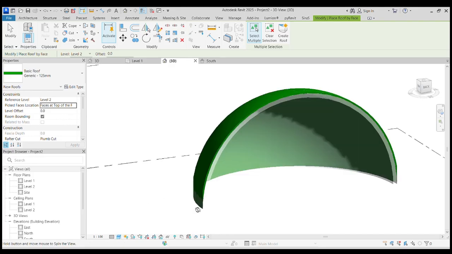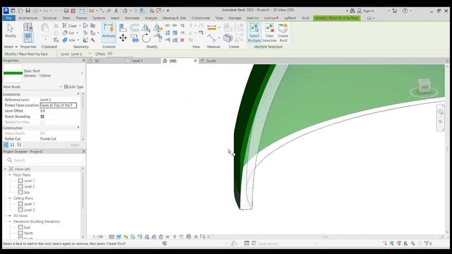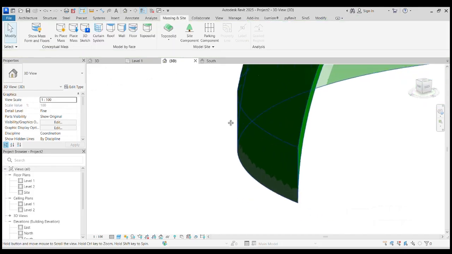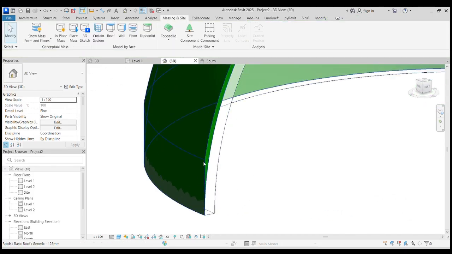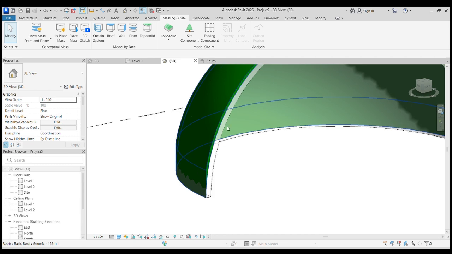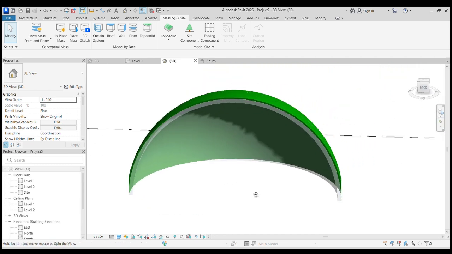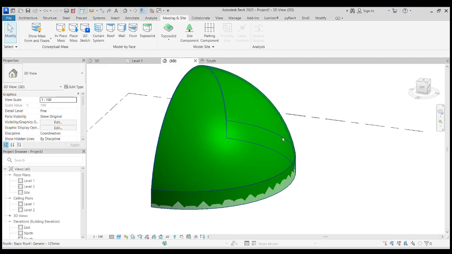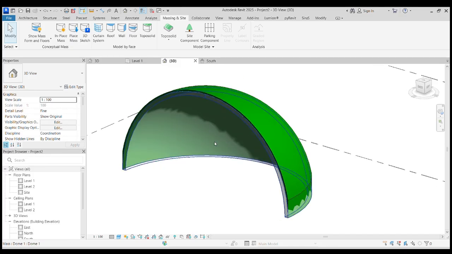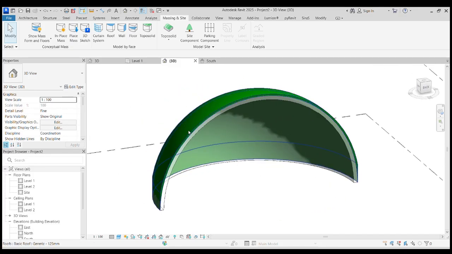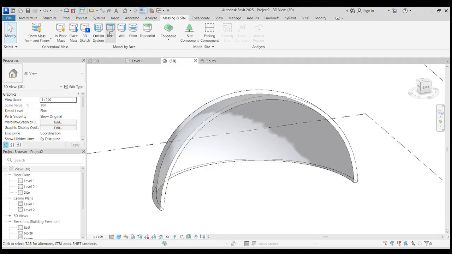fine, shaded. Now see this, this is not accurate. You can see how it is not complete. It's thinning when it reaches the ground, and this is not accurate at all. And there is another downside for this. You can't host windows on this side of the roof because the windows are hosted to walls, so you have to model windows that can be hosted into roofs, such as skylights and whatnot. All right, so we're going to delete this. We're going to keep our mass by wall,